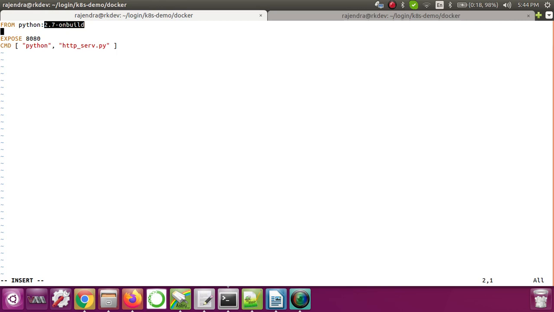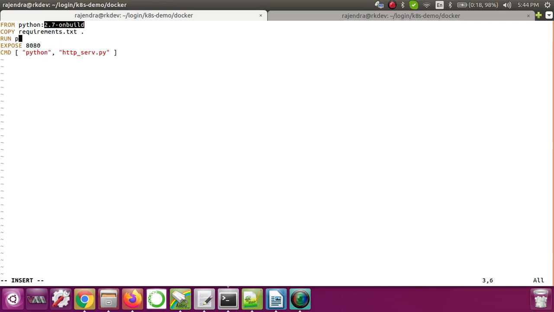The next instruction I want to do is copy that requirements.txt to this current location. Current location means I am just copying that requirements.txt from the host machine to inside the container. Once that is done, I want to install all this requirements.txt.